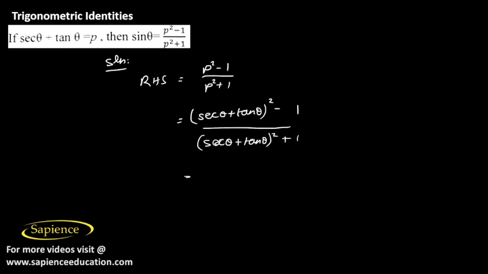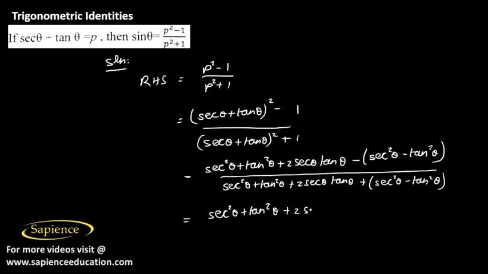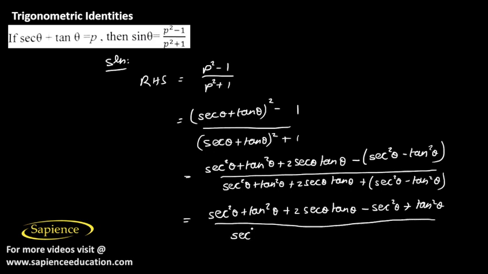whole square plus 1. Expanding them we will get secant square theta plus tan square theta plus 2 secant theta tan theta, minus 1 can be written as secant square theta minus tan square theta, divided by secant square theta plus tan square theta plus 2 secant theta tan theta, plus 1 can be written as secant square theta minus tan square theta. So by multiplying this minus inside we will get secant square theta plus tan square theta plus 2 secant theta tan theta minus secant square theta plus tan square theta, and the denominator will be secant square theta plus tan square theta